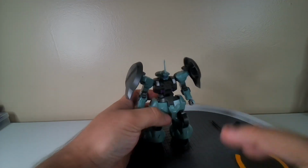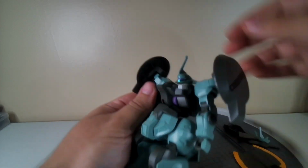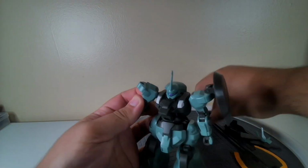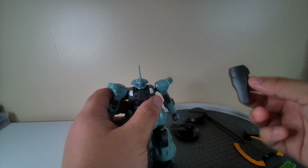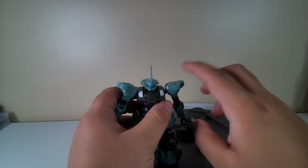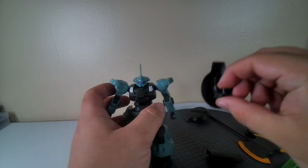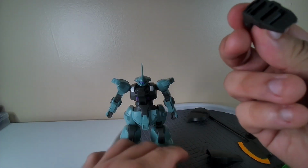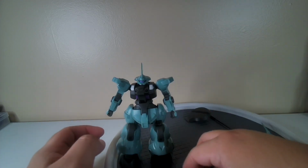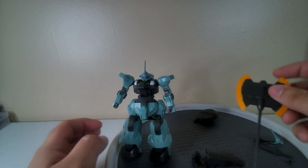Now let's take a close look at everything for it, and some alternate parts to make it the other Dilanza version. So yeah. Now with the Dilanza, I'm gonna take out the shorter pieces because I think it might be easier. And like you see right here, there are alternate parts, one to make the short pieces a little more different. They use the same piece right here still. You just pop this off, use this piece, and you can change it out. And as you can see right here, with the axe,